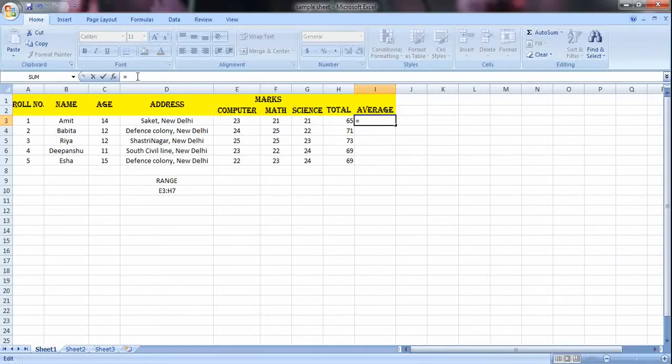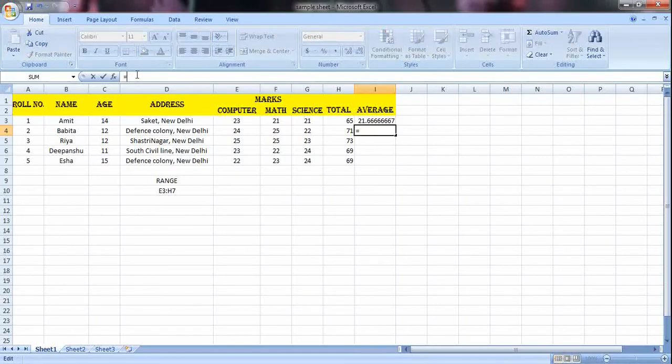So I'll show you all the three ways of entering it. First, the average will become 23 plus 21 plus 21 upon 3. So this is one way of writing the formula.